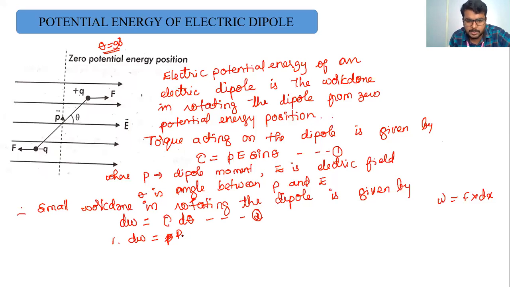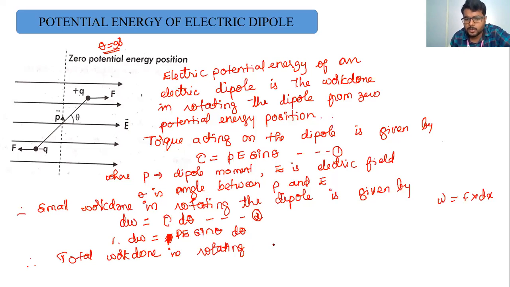ಸರಿನಾ, tau value ನ ಸಬ್ಸ್ಟಿಟ್ಯೂಟ್ ಮಾಡಿ, therefore dW is equal to, tau is nothing but it is PE sin theta, so dW is equal to PE sin theta into d theta. So same ಎಲ್ಲ ಡಿರೈವೇಶನ್ ಅಲ್ಲಿ ಮಾಡೋ ತರ ನೀವೇನ್ ಮಾಡ್ಬೇಕು, this will be the small work done ಆಯ್ತು, so full work done, so that is total work done, therefore total work done in rotating the dipole,